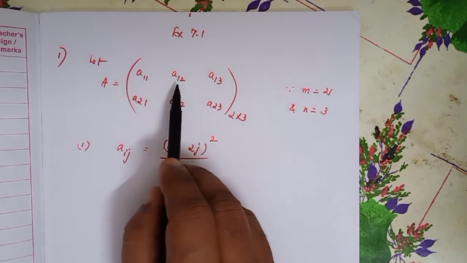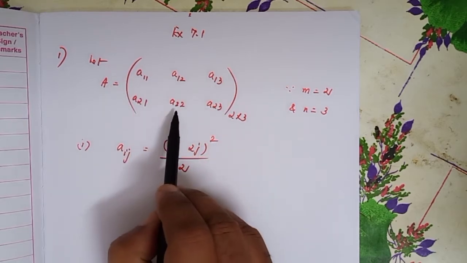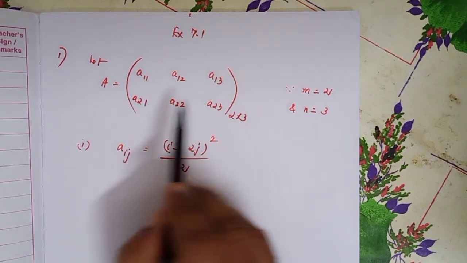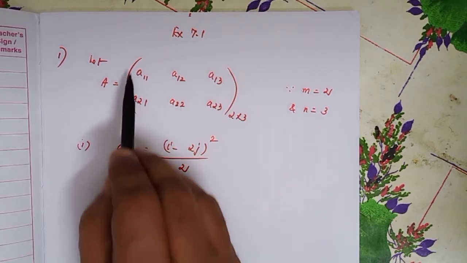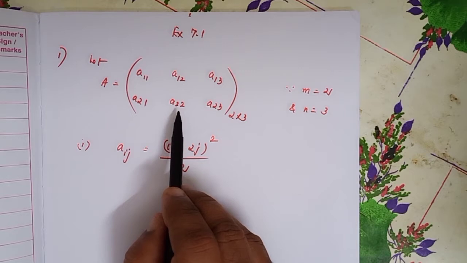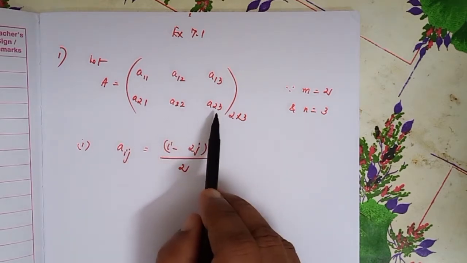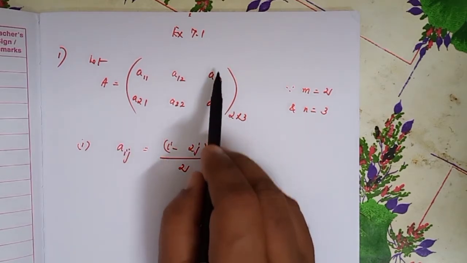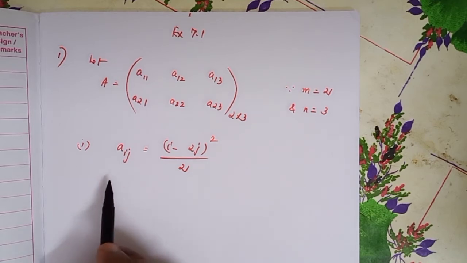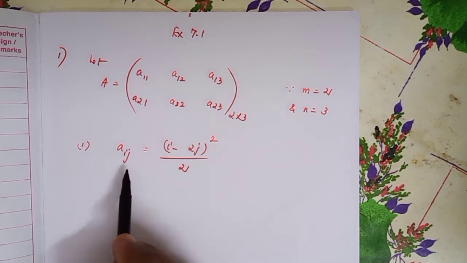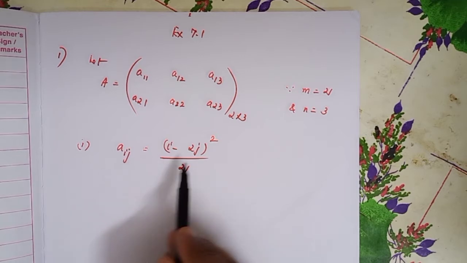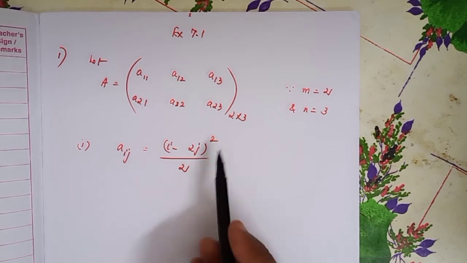Like that, A12 means first row second column, A13 first row third column, A21 means second row first column, A22 means second row second column, A23 means second row third column. Okay. First subdivision given, Aij, i represents row and j represents column, (i minus 2j) the whole square divided by 2. Therefore,